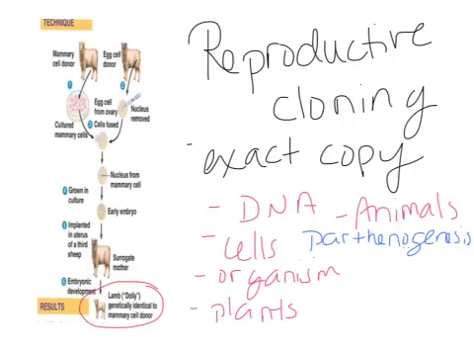So those are all, like I said, just types of cloning, but we're making an exact copy of an organism. Like I mentioned in the last one, we need to be thinking about our ethics. Is this okay? Is it okay to clone cells and tissues? Is it okay to clone stem cell lines? Is it okay to clone an entire organism, or is that the line? Smaller than that is okay, but that's too far. Like I said, we'll be talking about this some more in class.